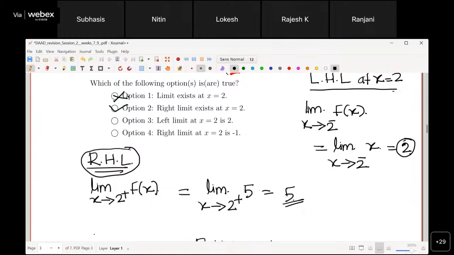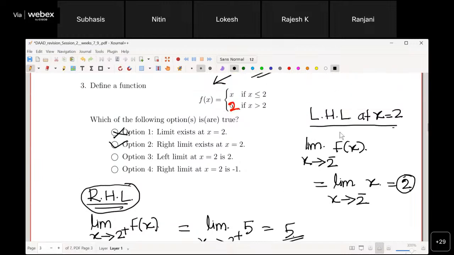Then left limit at x equal to 2 is 2. That is also correct, right? We have computed the left hand limit of this function, and we are getting this left hand limit as 2, right? So that means option 3 is also correct,